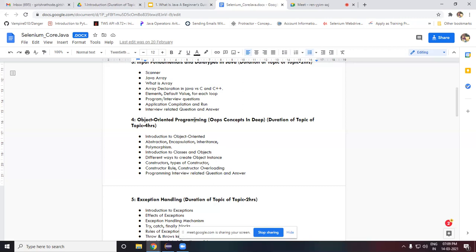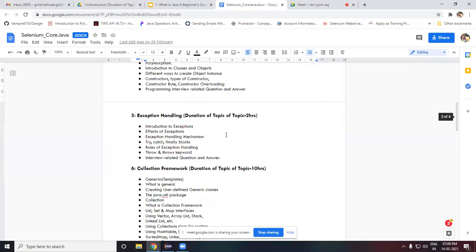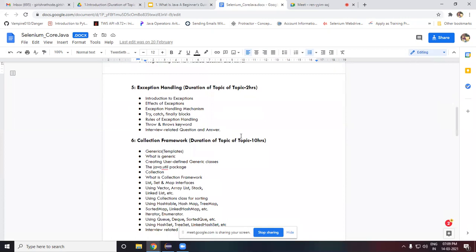After that we'll be having a big practical session. Later on we'll be discussing exception handling also. Exception handling is one of the important concepts, as it tells us what to do when we face issues or exceptions occur. Using exception handling, you can handle your exceptions and errors using the try and catch block.